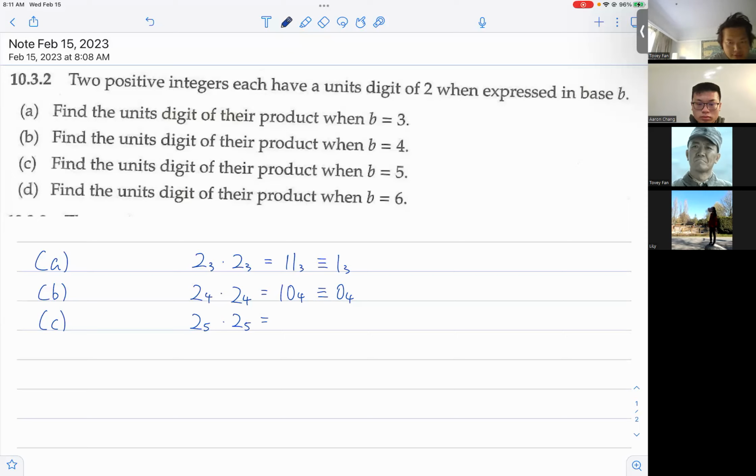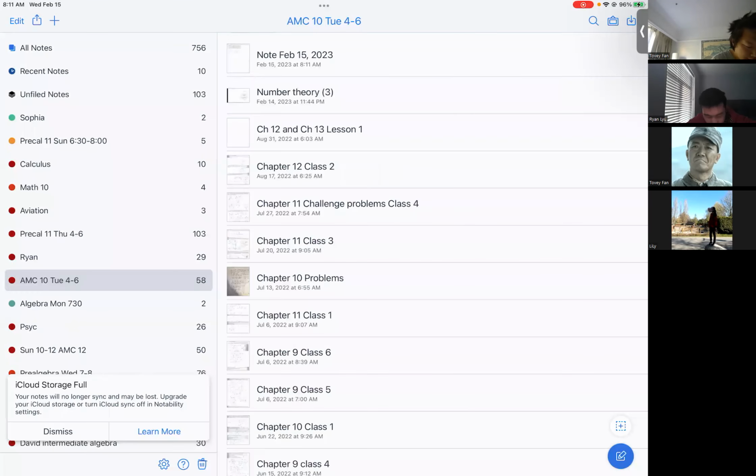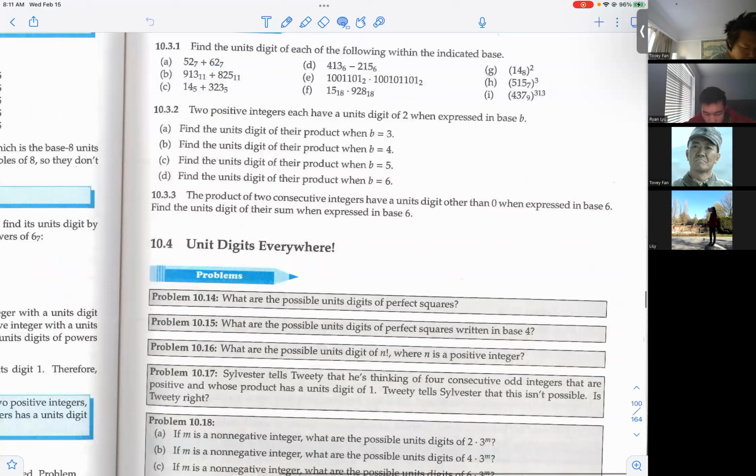Yeah, because in base 5 it's just 4, right? And Ryan, what about the last one? 4. Yeah, because in base 6 it's still 4. Good. Just as a warm up, very easy ones. Let's see. What about